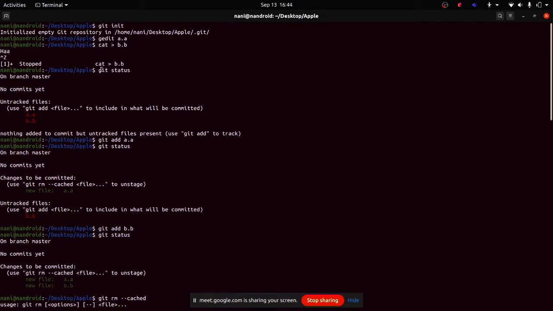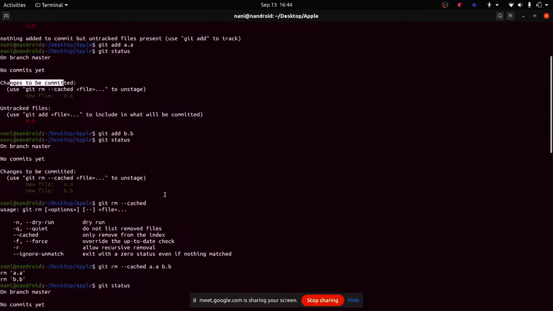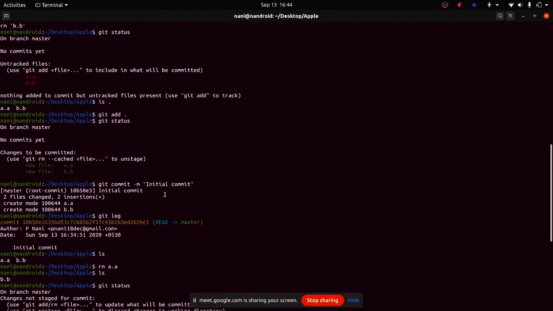When I use git status initially, it shows untracked files. If there are any untracked files, it will show them, like see here. Whatever is to be committed will be shown here, and once any committed files are there, that will be shown later on.